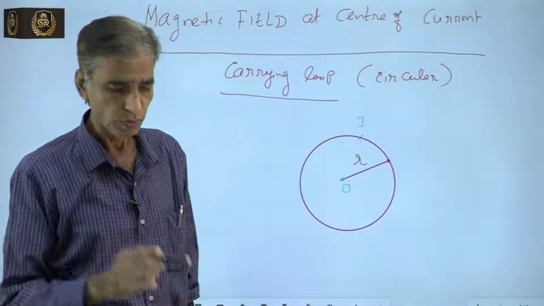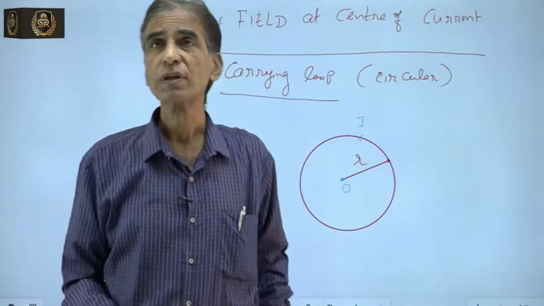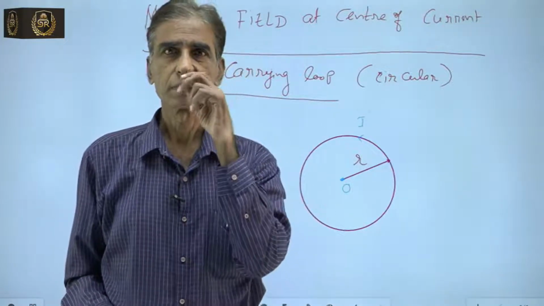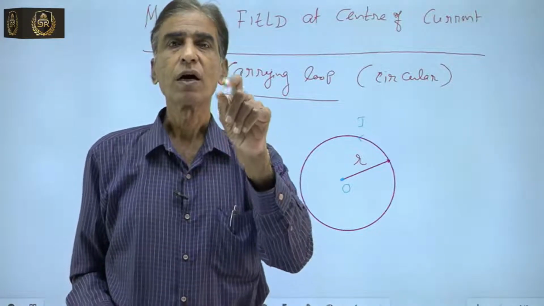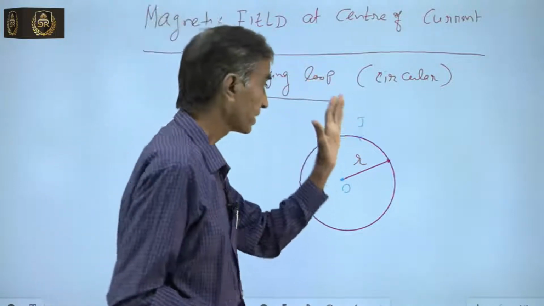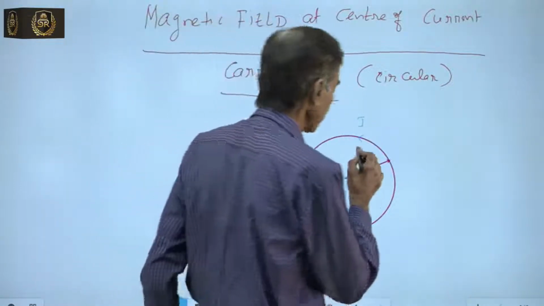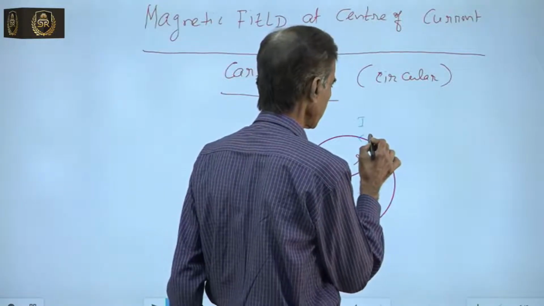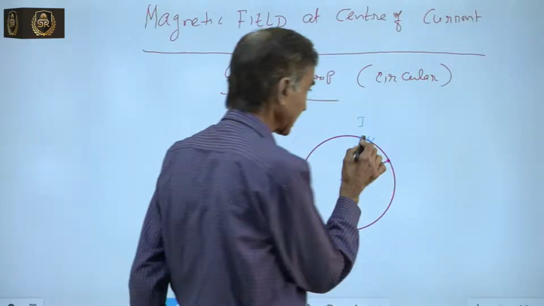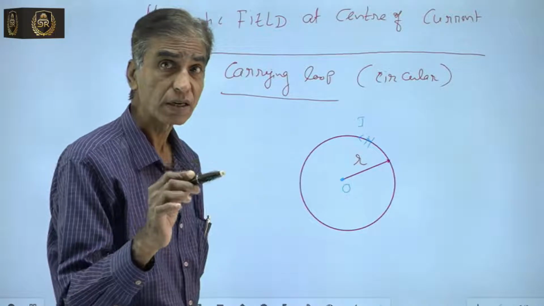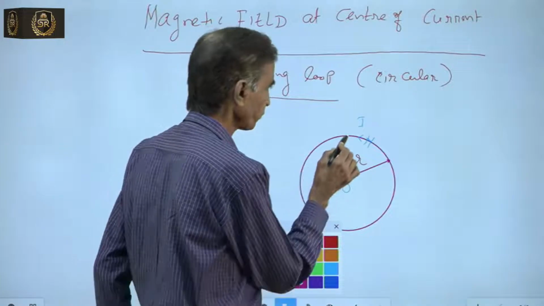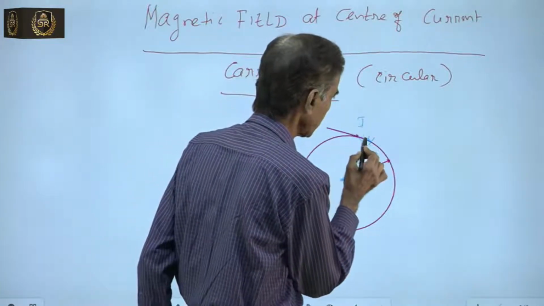At the center O. So first what we have to look at now? First we have to draw the position vector of the point with the current element. So I am taking this small element here. What is the direction of this current element? It is the tangent drawn at that point. Am I right? So this is the tangent drawn